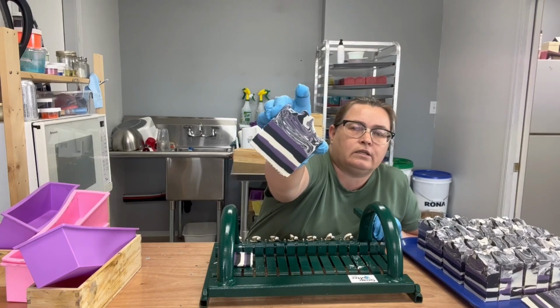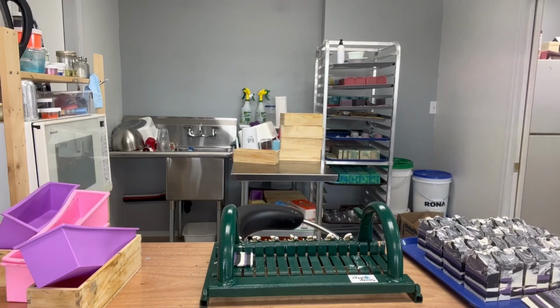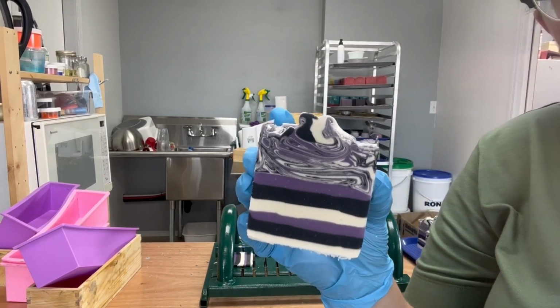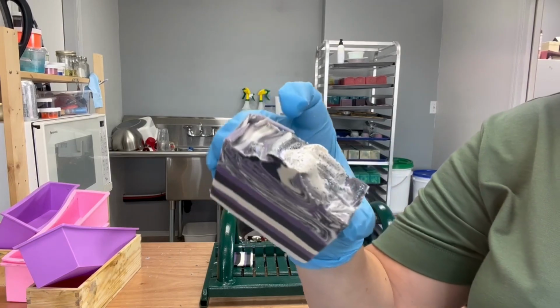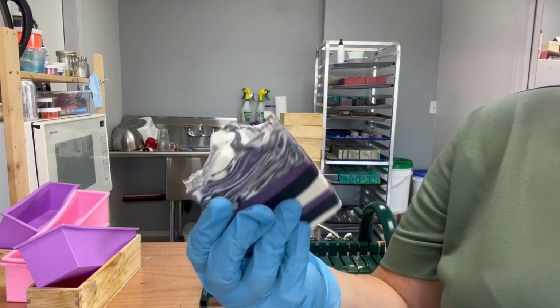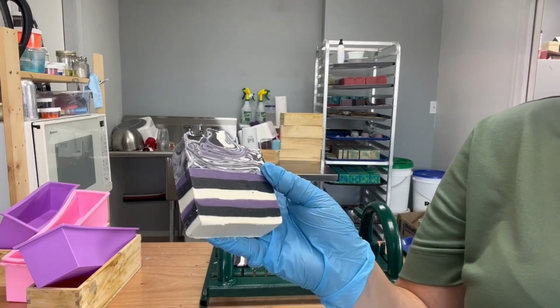I adore it. I'm gonna bring it up nice and close. Maybe you guys will be able to see the sparkles this way. So we've got the beautiful soap, the awesome sparkles on top. And she just looks gorgeous. She's so pretty. The colors are perfect in every